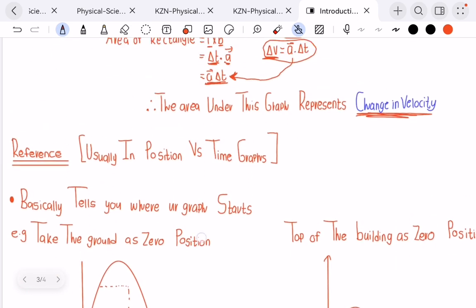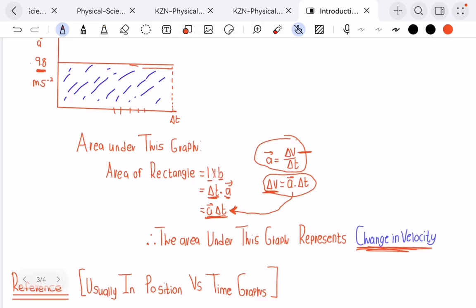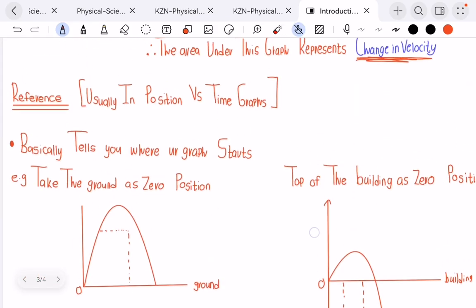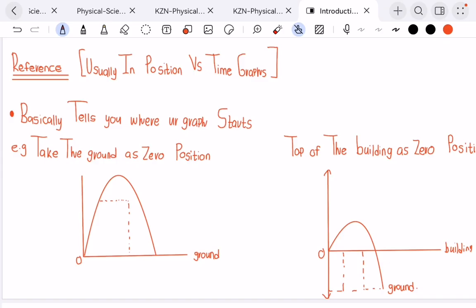You have to know about the area and the graph that it represents, the change in velocity, right? And then for the last part of this video, I'm going to explain this concept of reference. This thing of reference is very, very important, especially in position versus time graphs, because they're going to ask you,